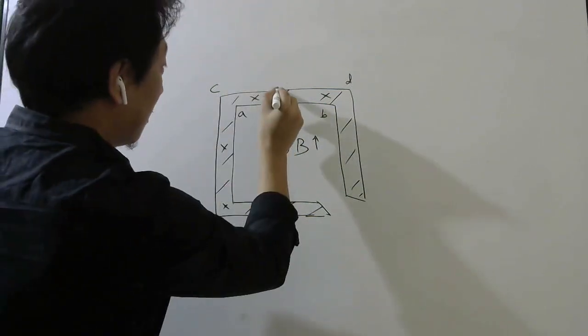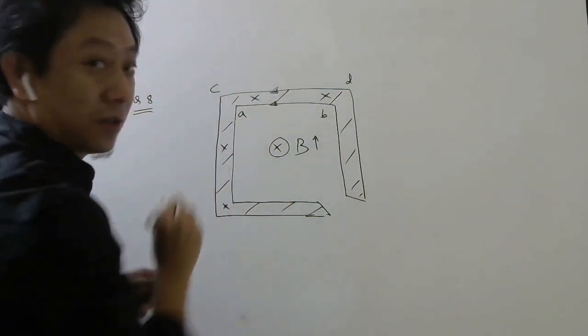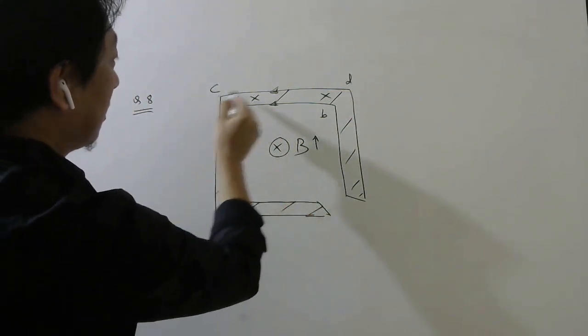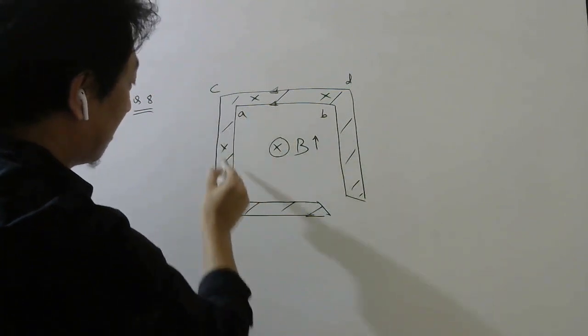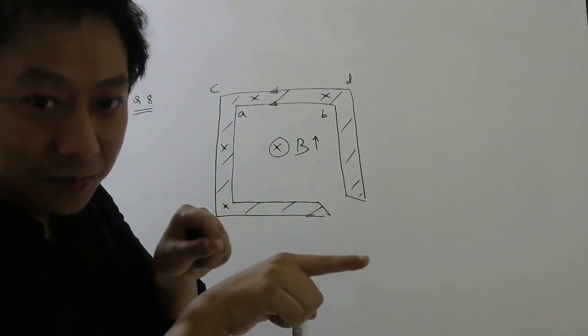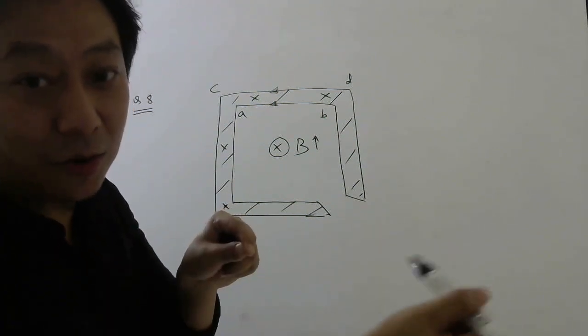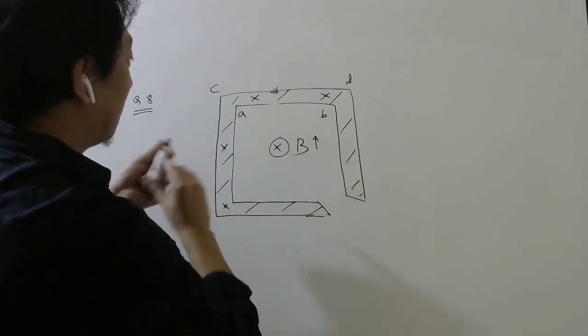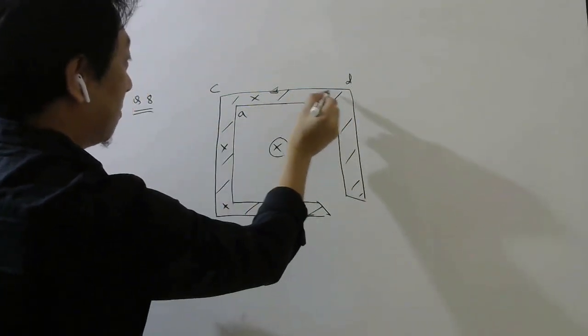But you cannot say here also this way, here also this way. Because that way, see what will happen. This will come like this, and here it will go like that. That is not possible, right? In a given branch, current should be either here or here. So who will decide? The bigger one. Already I have explained, right? So the bigger one will decide.